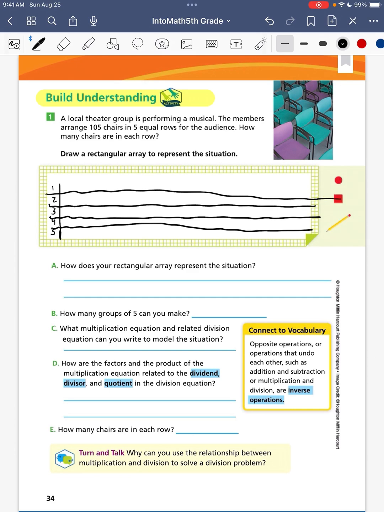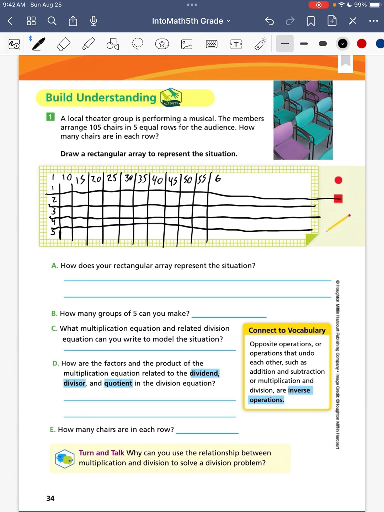What we need to figure out is how many rows of chairs we need. We have 1 row gives us 5. Our second row will be 10. Third row, 15, counting up our multiples of 5. And so I need to carry on drawing my array till I find where I have 105 chairs. 7th row is 35, 8th row is 40, 9th row is 45, 10th row is 50. Continuing on to 55, 60,